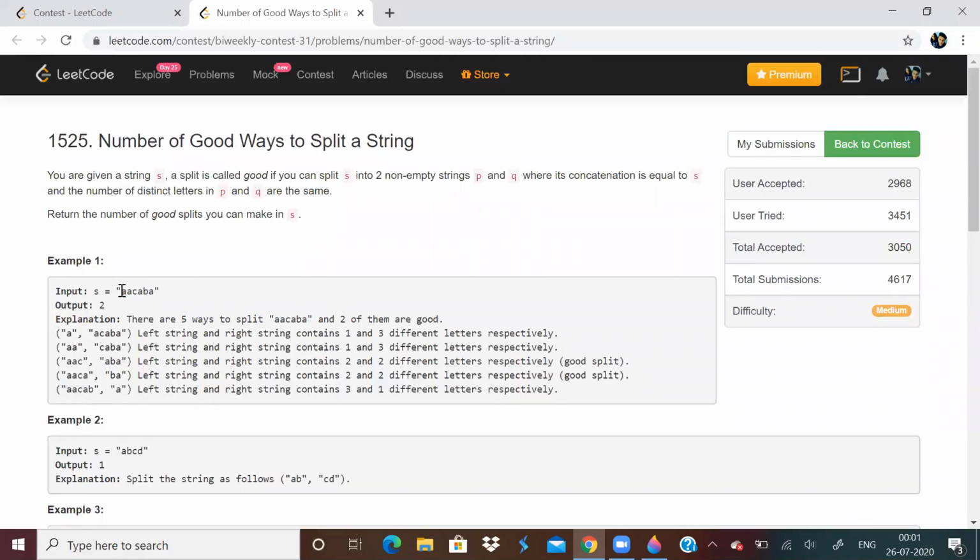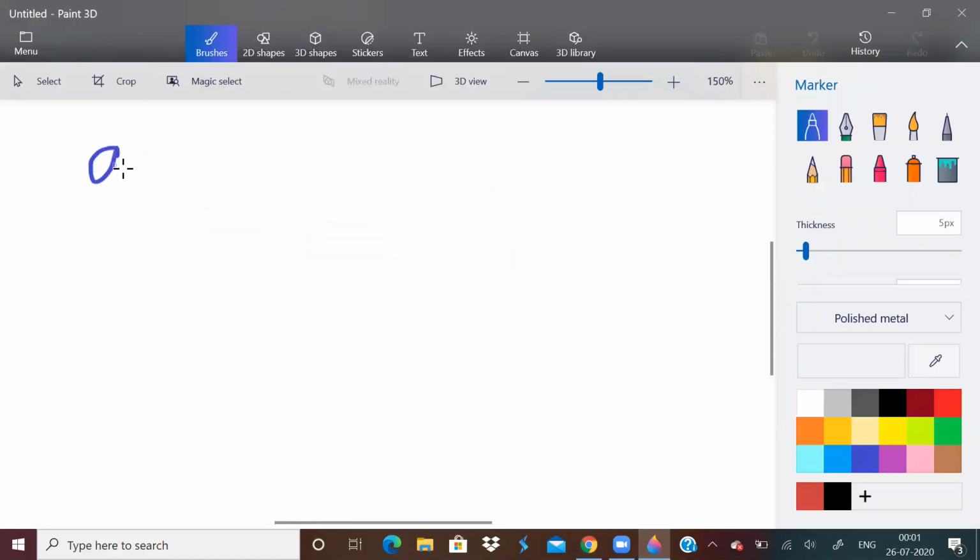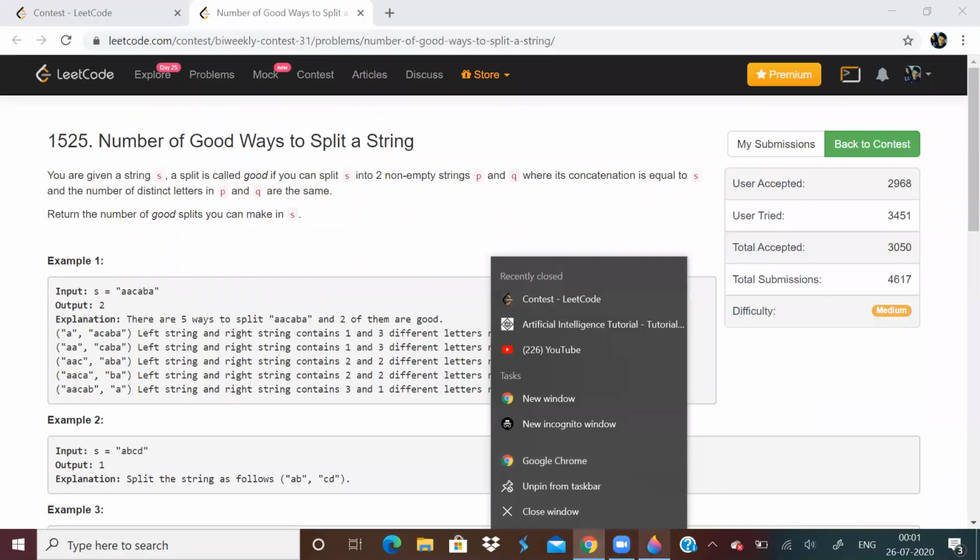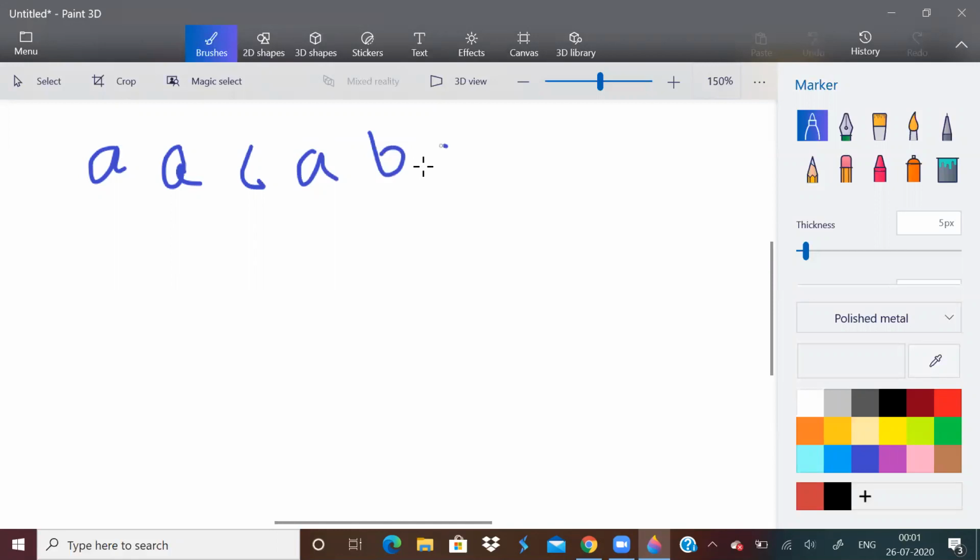So let us take this example and understand. We have to split S into two non-empty strings. So I shall take this example and show it to you. A, C, A, B, A. If I have to split it into two non-empty strings, let us say this is one string and this is another string.